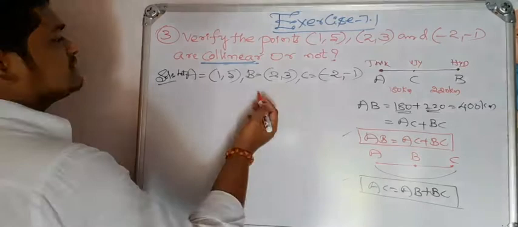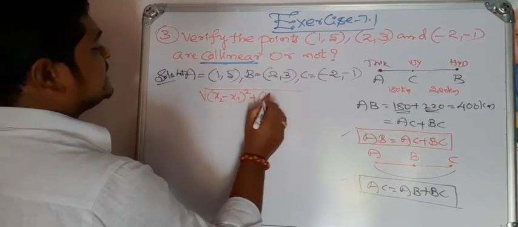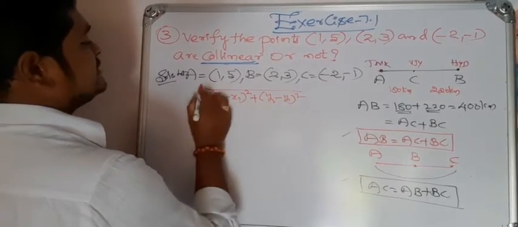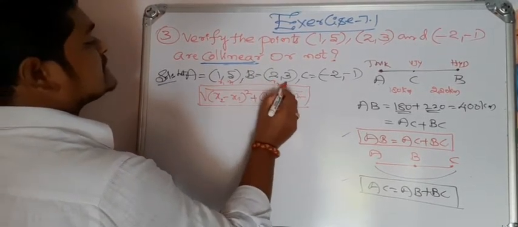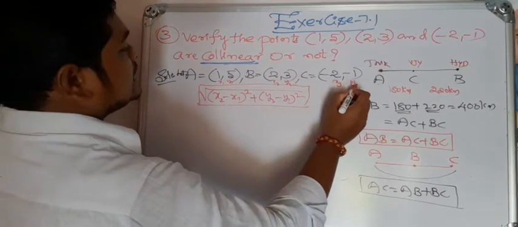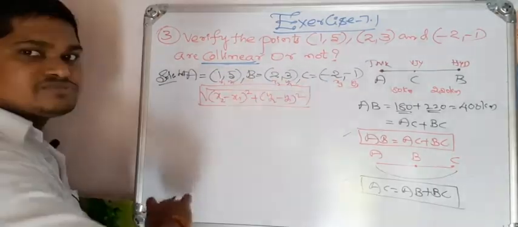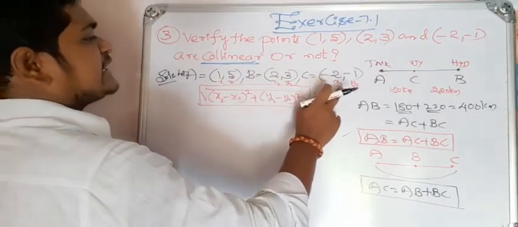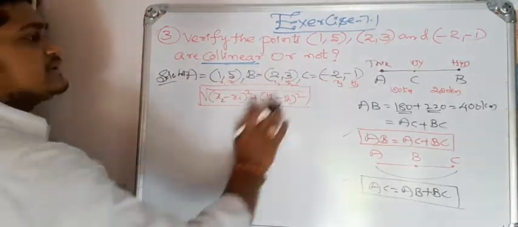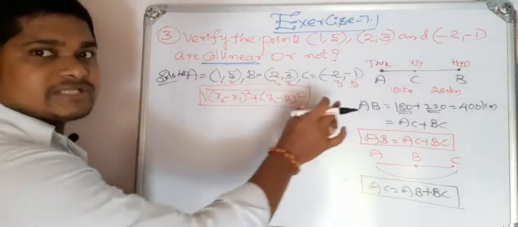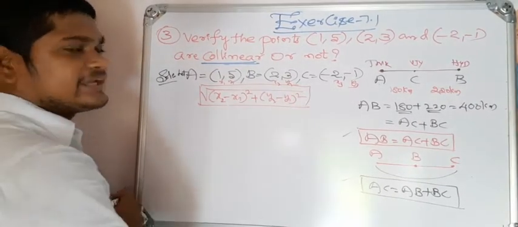We have the formula. What is the formula here? Root over (x2 minus x1) whole square plus (y2 minus y1) whole square. With the help of this formula, we can find the distance between A and B. Let us take this one as x1, y1 and this one as x2, y2. For a change, this one as x3, y3. Don't get confused here. Why? Because in some cases we have to change x1, y1 to x3, y3. In the place of x1 we should substitute x3. That is just for telling the difference that I am denoting x3, y3. Don't think that x3, y3 is not there. Why are we taking x3, y3?